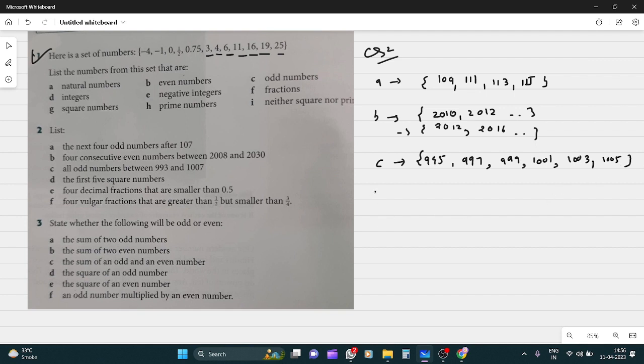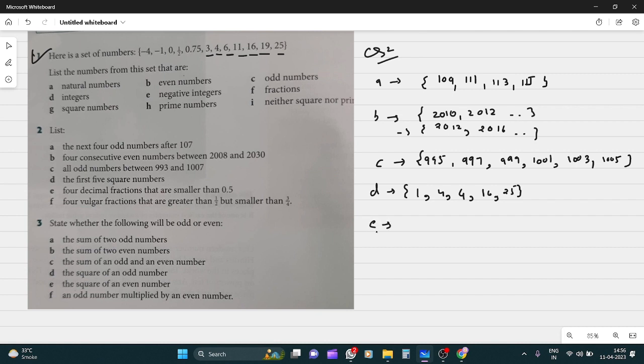Now for the first 5 square numbers, means 1 multiplied by 1, 2 multiplied by 2 is 4, 3 multiplied by 3 is 9, 4 multiplied by 4 is 16 and 5 multiplied by 5 is 25. Okay,